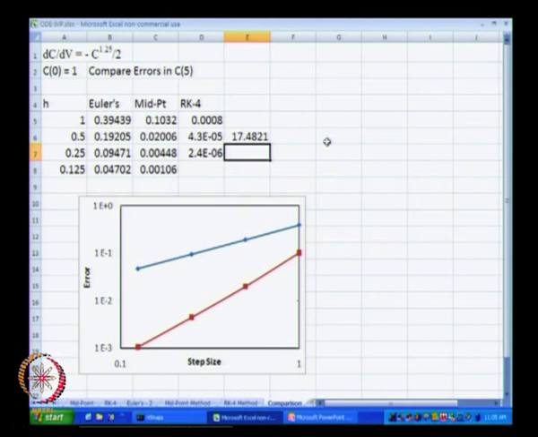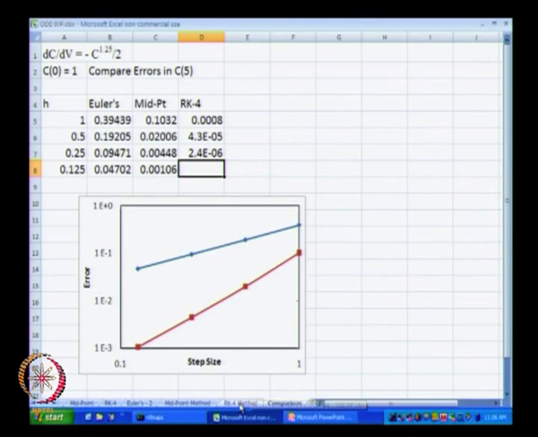Actually, what we had seen in the earlier class is that the local truncation error for the Runge-Kutta method is h to the power 5. This one shows the global truncation error, and the global truncation error is of the order of h to the power 4, which means every time we halve the h, we are going to increase the accuracy by approximately 16 fold. That is what we saw earlier. The accuracy was increased by a factor of 18. Now the accuracy has increased approximately by a factor of 17 and a half.